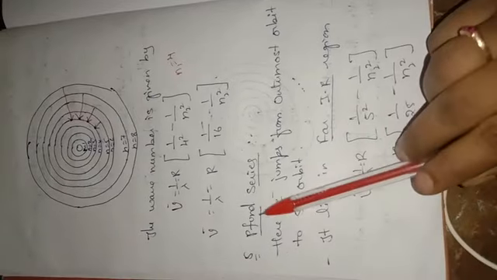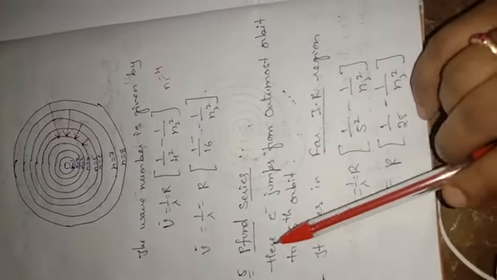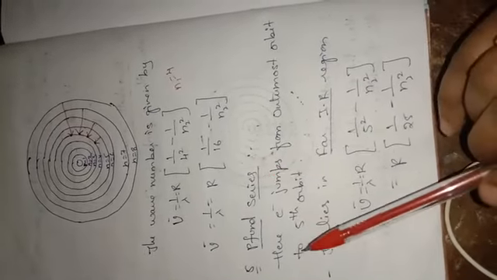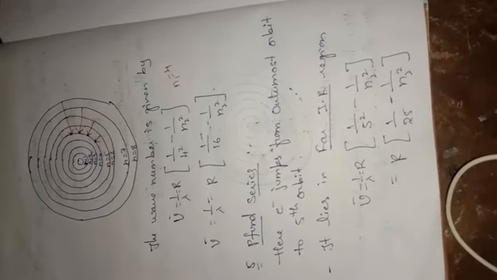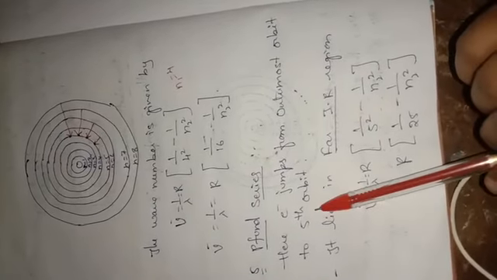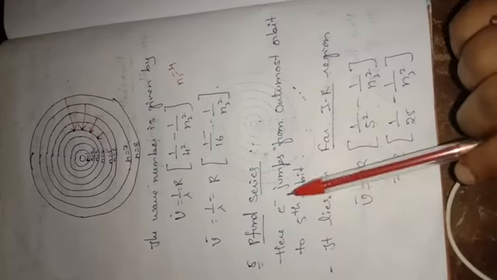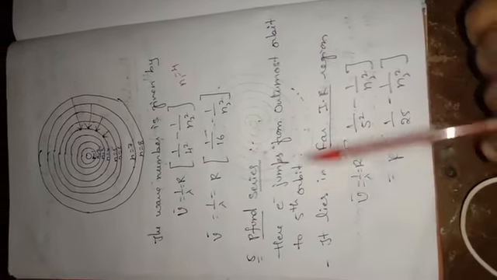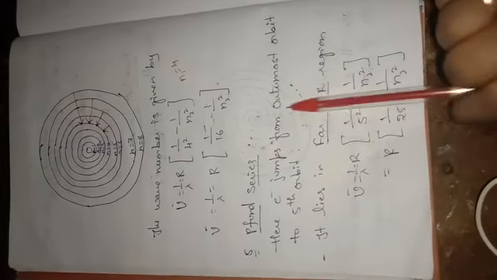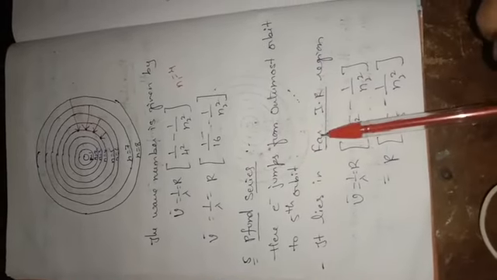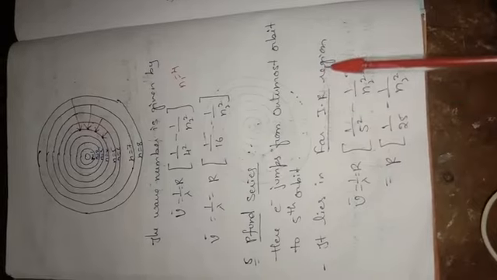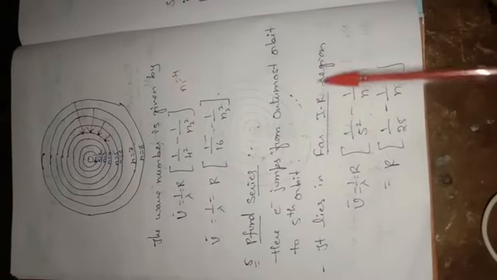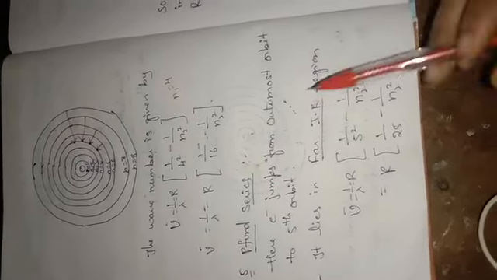Next, come to the last one, Pfund series. So the fifth one is Pfund series. So you can tell now, what do you mean by Pfund series? Whatever electrons from their outermost shell jump to the 5th orbit. Here the electron jumps from the outermost orbit to the 5th orbit. So the spectral lines you are going to observe lie in the far infrared region. Understand, children?